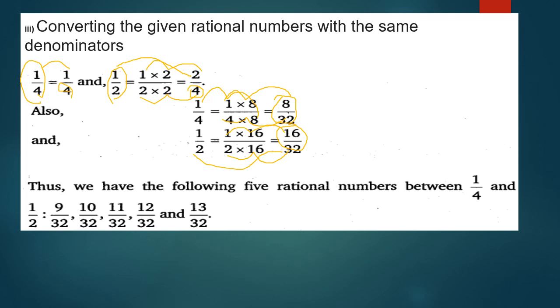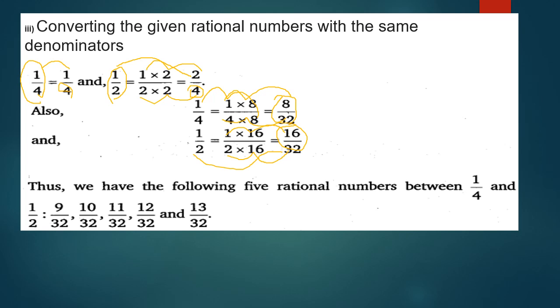So let us further simplify these two rational numbers. Multiply 1 by 4 with 8 by 8. 1 8s are 8, 4 8s are 32. Then 1 by 2: 1 16s are 16, 2 16s are 32. Here 1 by 4 can be written as 8 by 32 and 1 by 2 can be written as 16